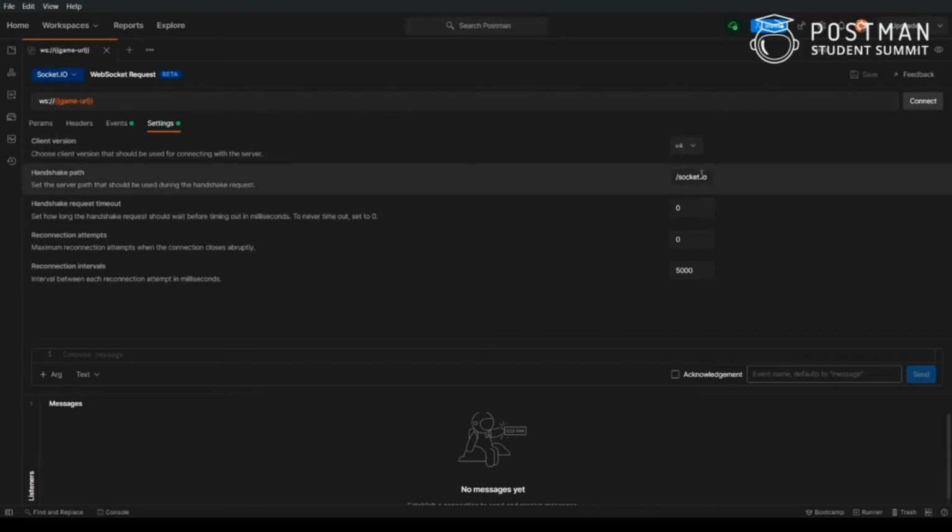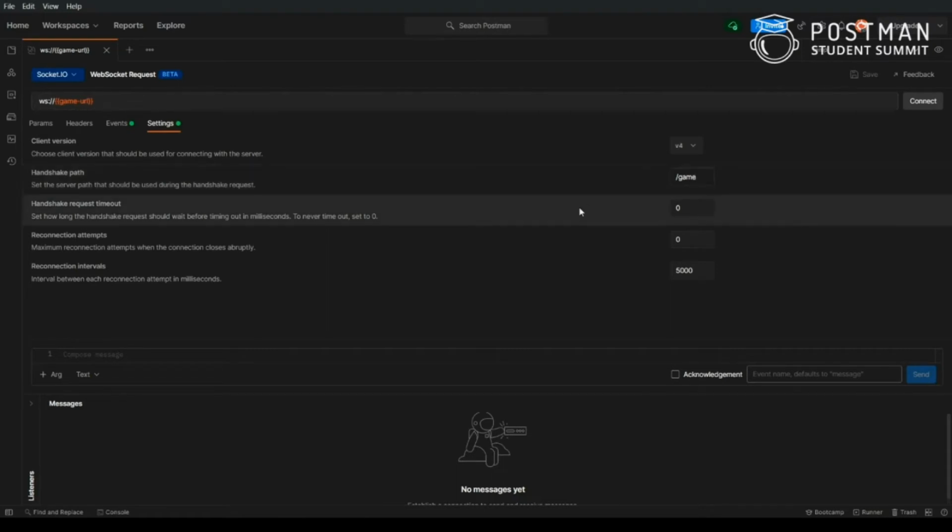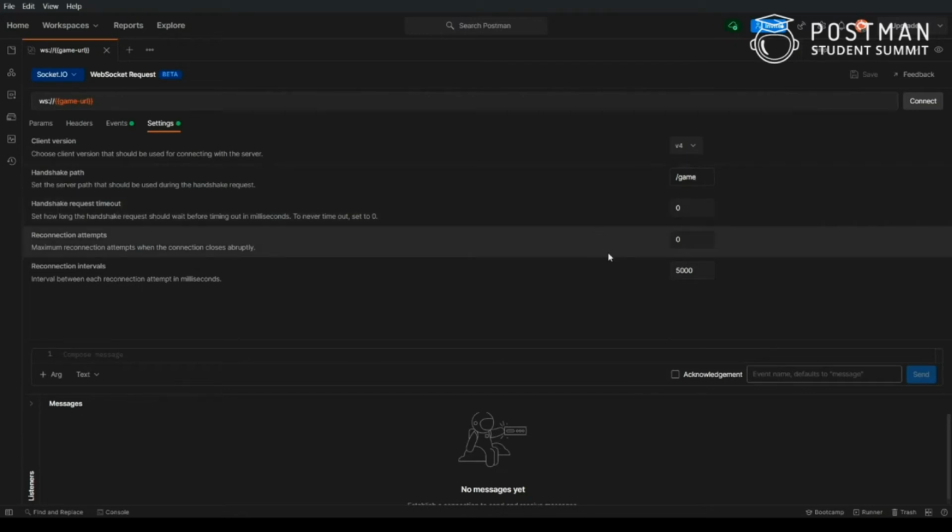Here the socket.io is usually over its default handshake path, but here I have set it to /game. So my handshake path will be /game. Then again you can set the handshake request timeout, the reconnection attempts, and the reconnection interval.